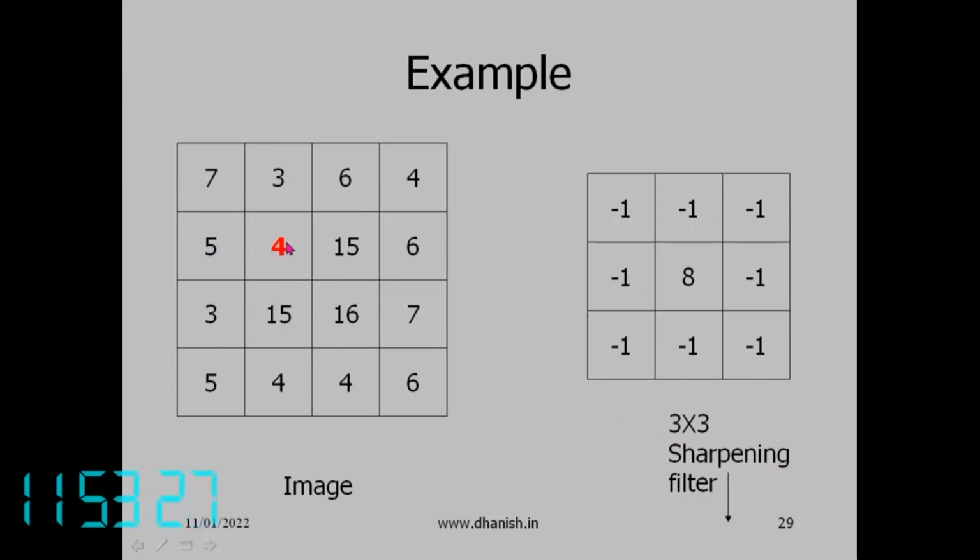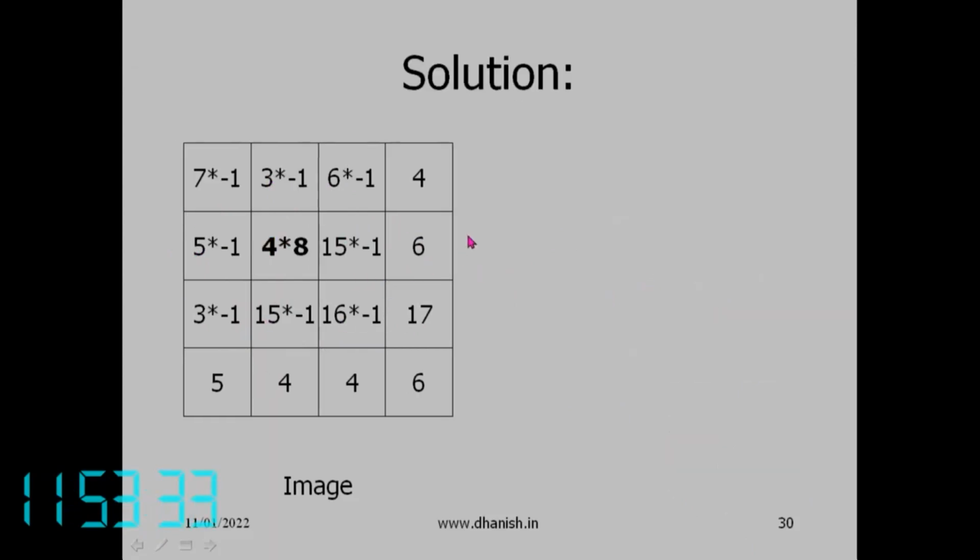That means near the boundary, this region will be reduced, but inside the object it will be increased. So you apply this mask onto this matrix. You place it over here, multiply the corresponding terms, take the sum, and divide by some value to get back to the original intensity. So this is -38. In an image matrix, the intensity cannot come down below 0. So the lowest value is 0.